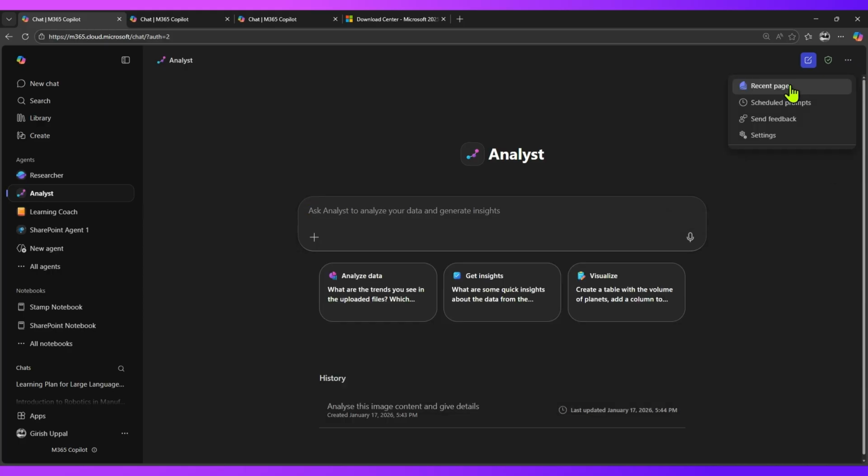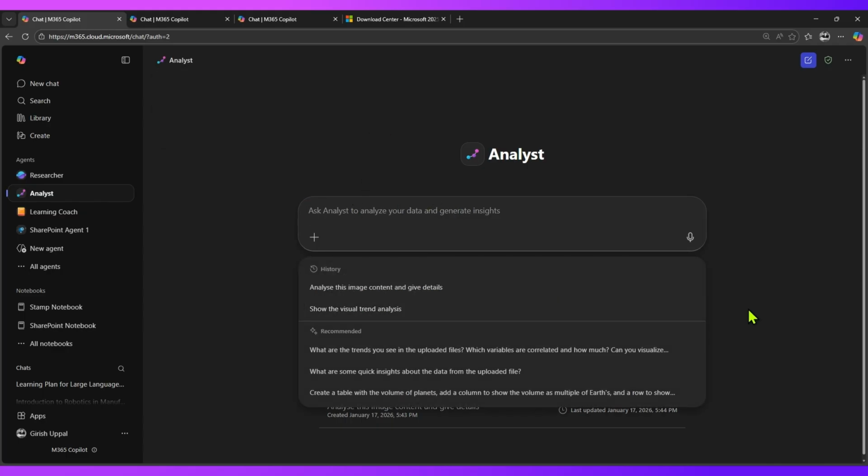There are a couple of other things. You can view the recent page, schedule prompts, and view the settings for this particular agent. Also, if you click on this agent navigation, here you can see all the history for that specific agent as well. So ask analyst to analyze your data and generate insights. What are the different prompts which are available? So you can